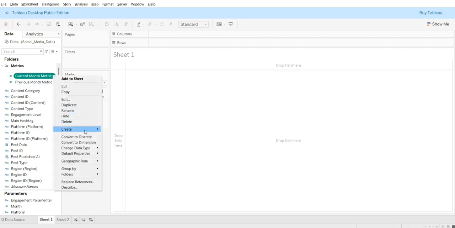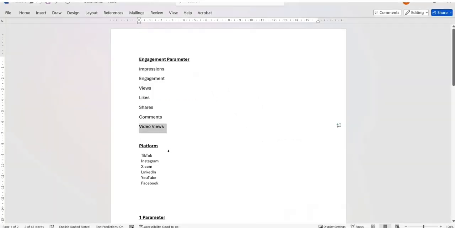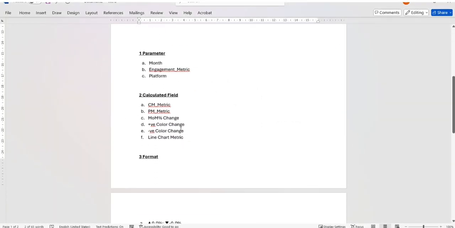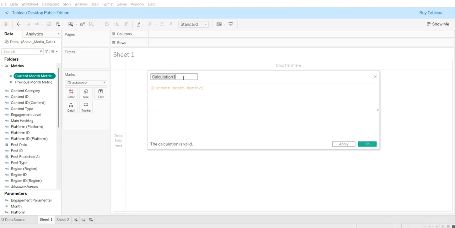Now we'll create a calculated field. So this is how we'll do it step by step. First our parameter is done, second our calculated field. So this is our current month metric, previous month metric done. Now we'll do the calculation for month on month change. So month on month